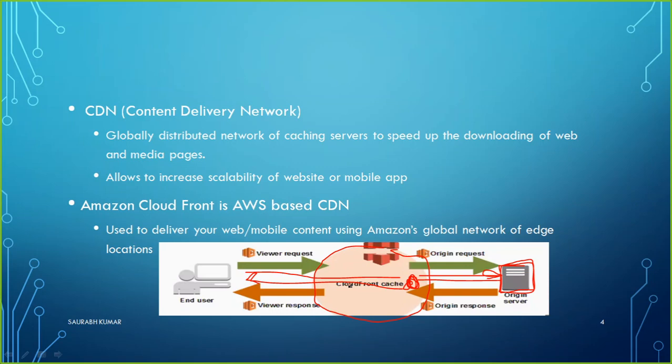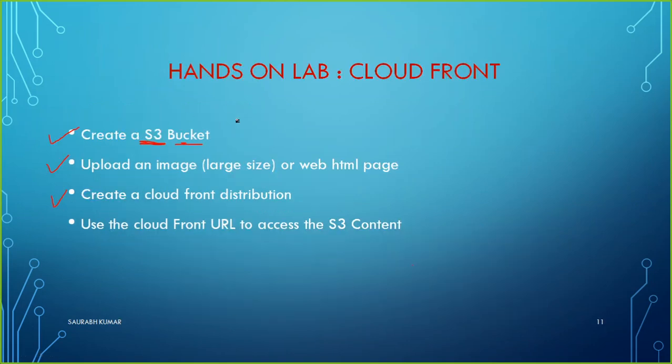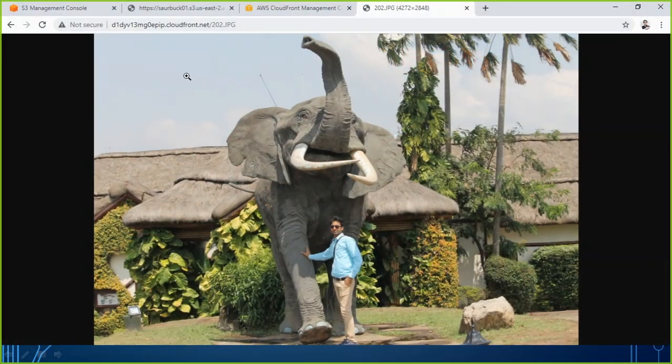So in the practical part, what we have seen is that we created a bucket, then we uploaded some images or HTML pages there, then we created the CloudFront distribution. We have seen what settings are required and how to use them, and thereafter we have seen that CloudFront has given us a URL, and that URL is used to access the S3 content. Rather than using the S3 bucket URL, we are using the URL given by CloudFront with the name of the document. If you have a picture, you put the picture name. If you have a video, you put the video there. If you have a website, you put that there itself, and that will open.